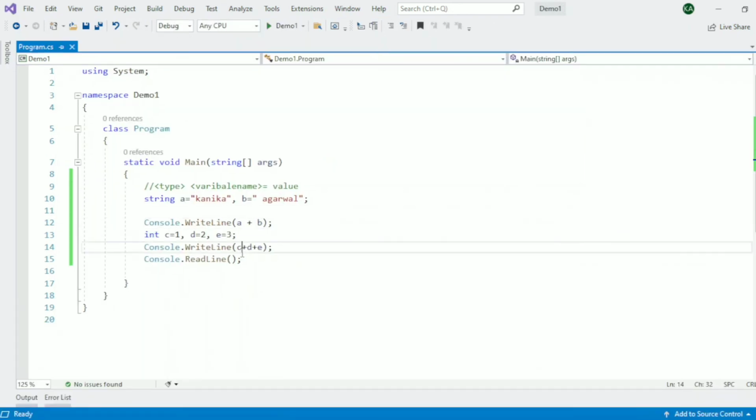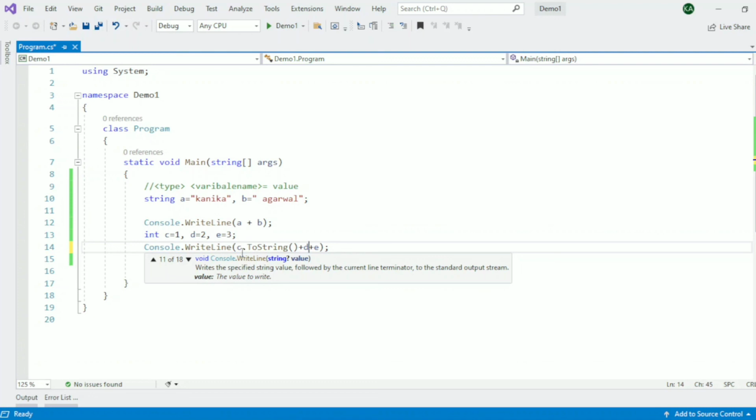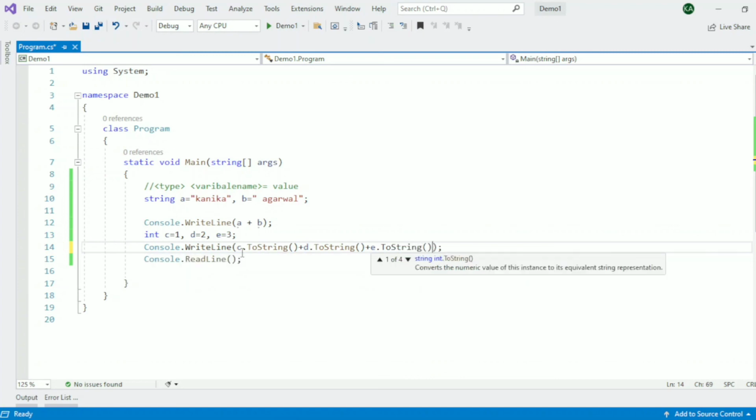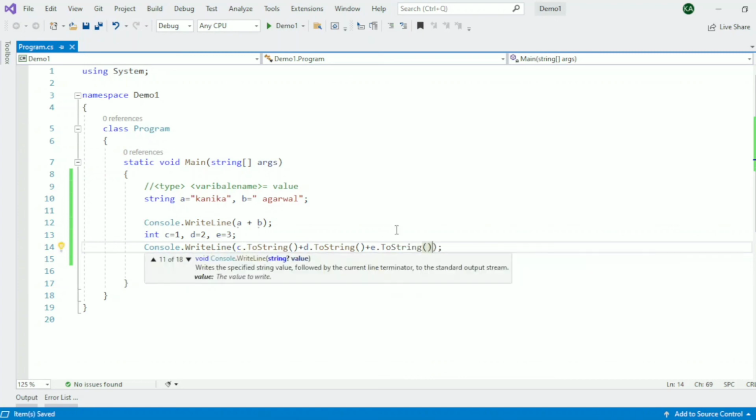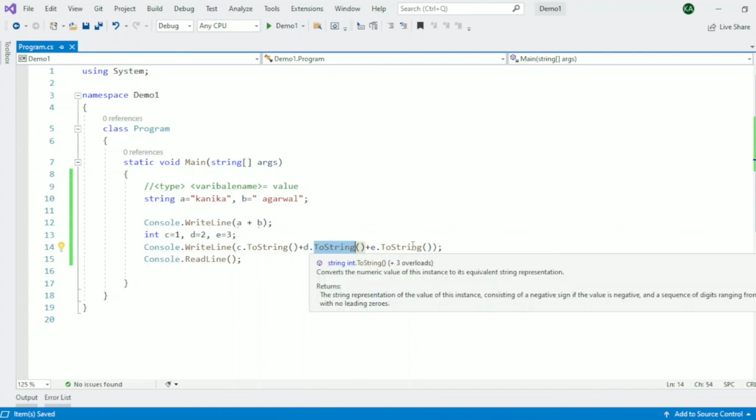If we want to print the C, D, E values, then we have to convert them using ToString. ToString is a method which we can use to convert a data type into string. We can convert any type of data, whether it is integer, float, decimal, using ToString.